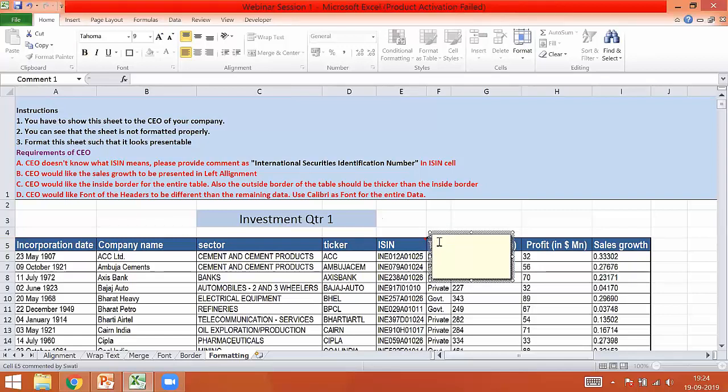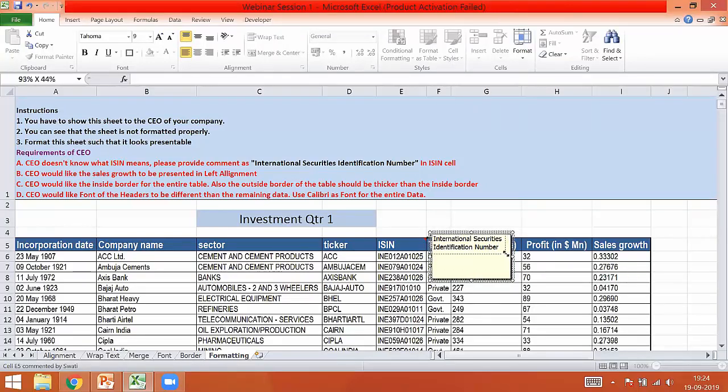I'm deleting it and I'm just adding this International Securities Identification Number. Okay, you can even adjust the width and the height of this comment.